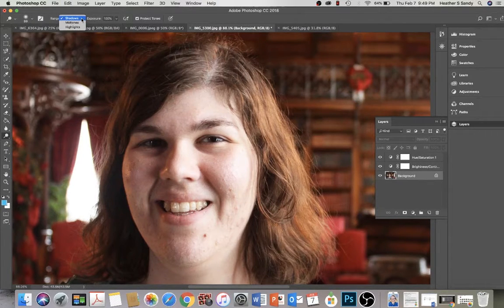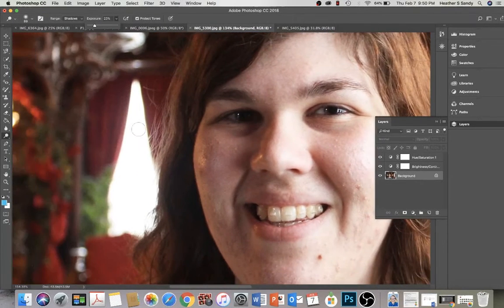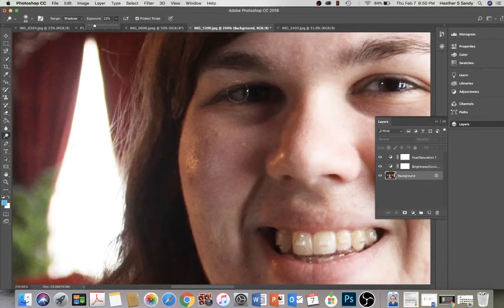And we're going to go with the shadows. Because my exposure is up, even with a softer brush, it just brightens it up way too much. So I'm going to knock this number down. I usually start pretty light. Let's start with 23%. And I'm going to start to go in, and I'm going to get a little bit closer. And I'm just going to take that brush and I'm going to very lightly,